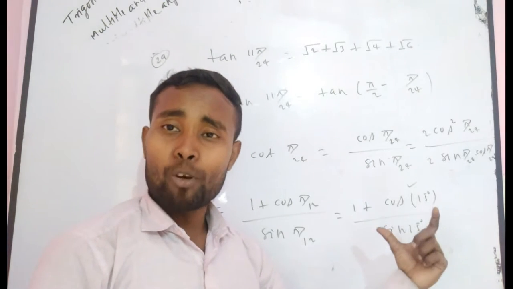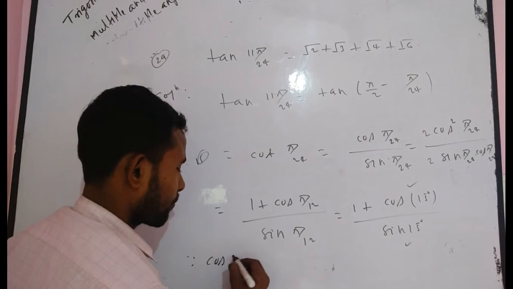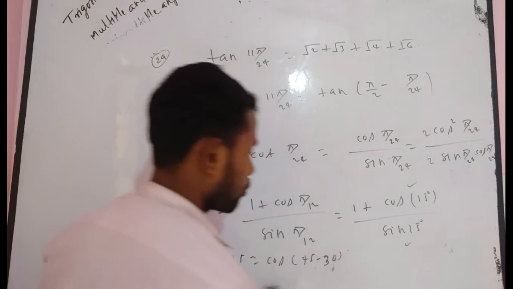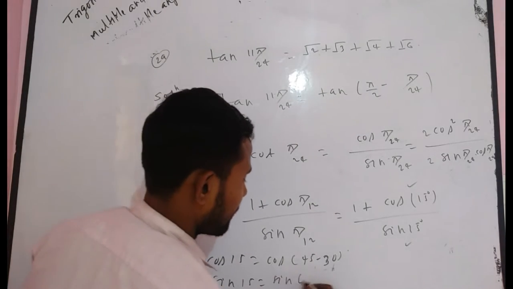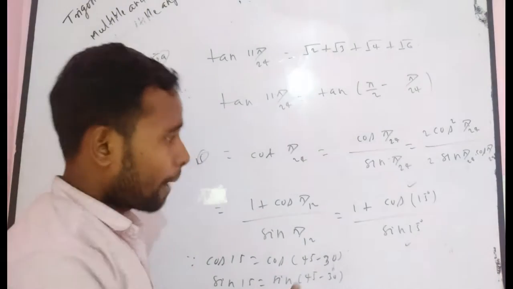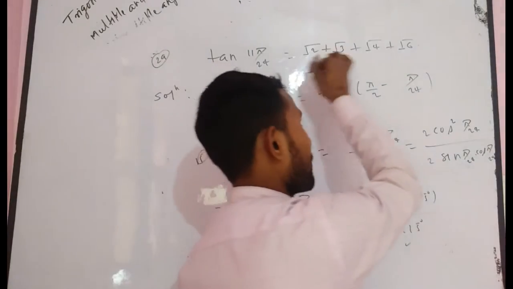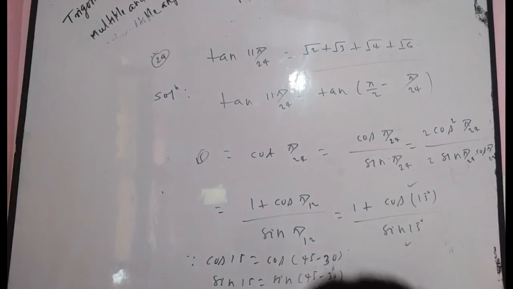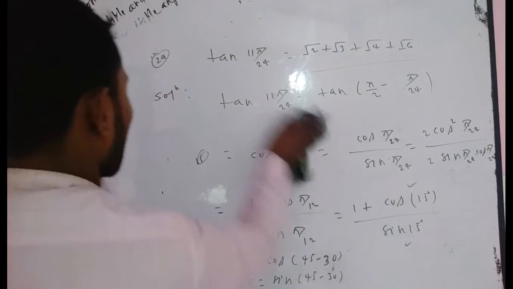Using compound angle formula, you can find the cos 15 and sin 15. I think you can write cos 15 is equal to cos of 45 minus 30, and use cos A minus B. Simply you can find. Similarly, sin 15 is equal to sin of 45 minus 30, and you have to again use sin A minus B. After it you get both formulas, and you have to put the formulas and simplify. After simplifying you get root 3 plus root 2 plus root 4 plus root 6, which is your required answer for you. Now I want to take the next problem for me, 30.